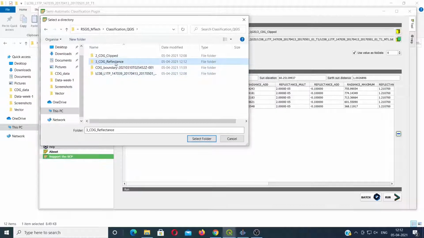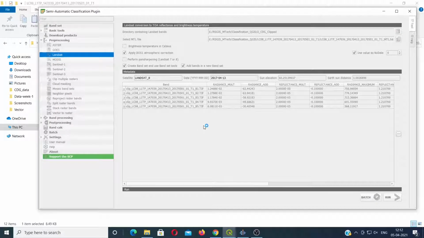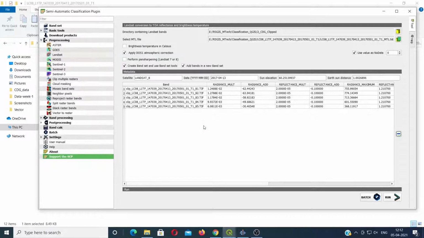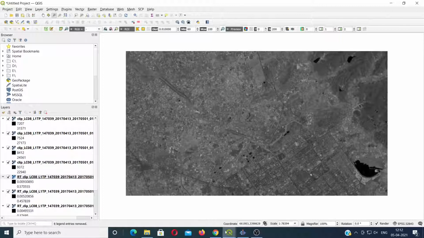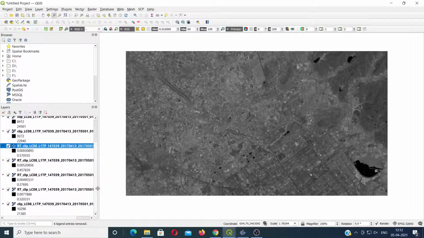So this I'll select and then say select folder. Once this process is done, you are ready to get the reflectance converted bands here. Since the process is running, you are unable to see. Once the process has been completed, now you can see here in the layer panel